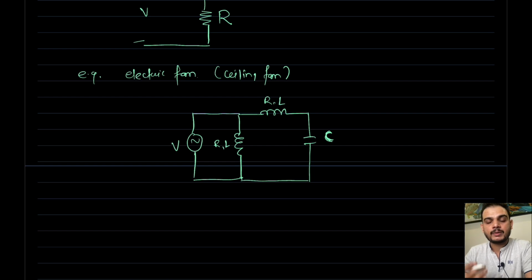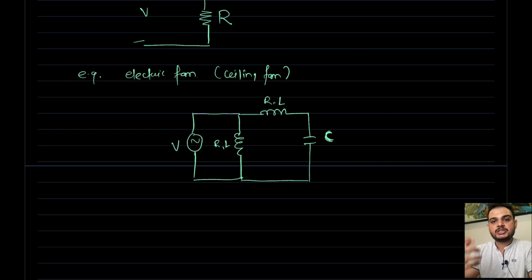Because a fan is an example of a capacitor start, capacitor run induction motor. An induction motor can be represented with an RL load. Here, the capacitor we are using for starting purpose. So in order to represent the starting of the single phase induction motor, we will take the help of a capacitor. This capacitor represents the starting of the single phase induction motor. And this resistor, why are we using a resistor in the case of a single phase induction ceiling fan?